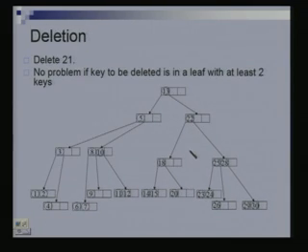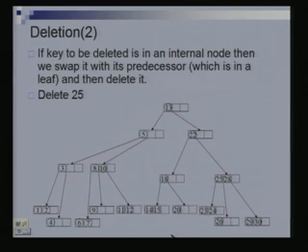Okay. So, that is what is going to happen. I have not shown the process, but this 21 will get deleted. We just knock it off from here, nothing to be done. Now, if the key to be deleted is at an internal node, for instance, suppose I were trying to delete 25. So, I search for 25, I find 25 right here.